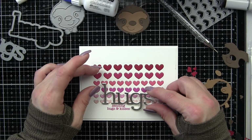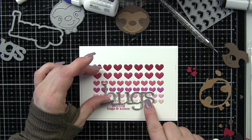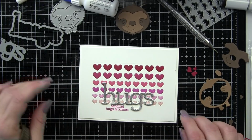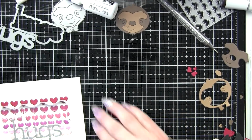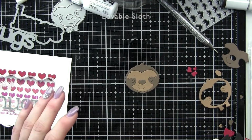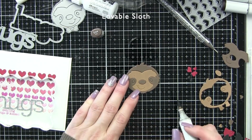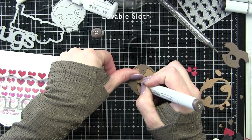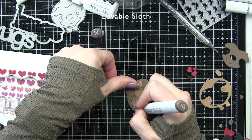Totally love that color. Try to kind of stay away from black or anything really basic. I went full on Valentine's with these cards today. I loved the look of the pink stamped sentiment. We're going to glue the hugs down in place, layering it over some of our inlay background while we work